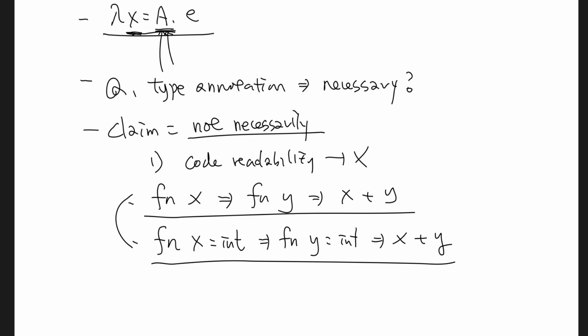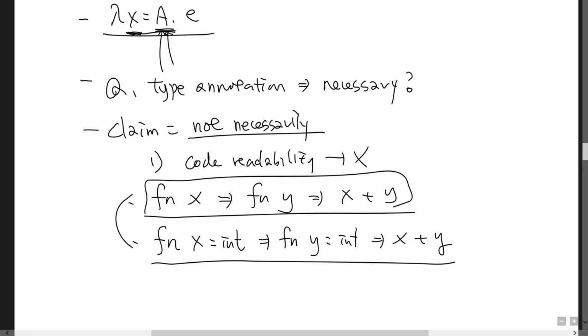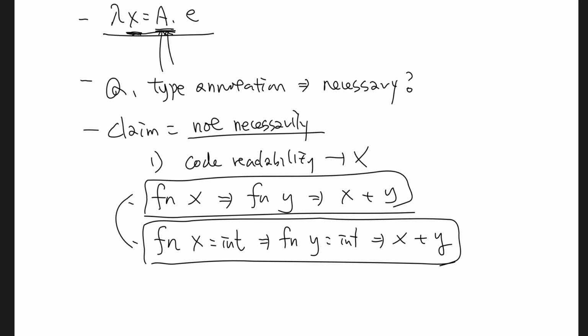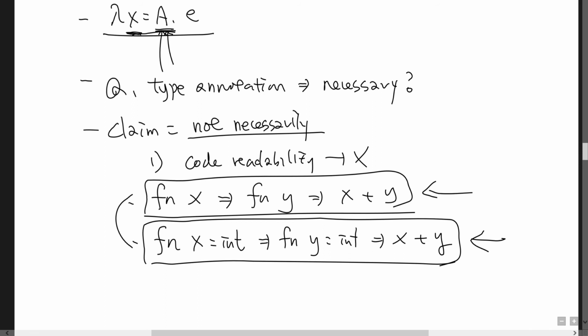People might have different views and opinions about which of these two expressions provides higher code readability, but somebody could claim that this one is actually better, because even though in this example we don't write the type annotation,